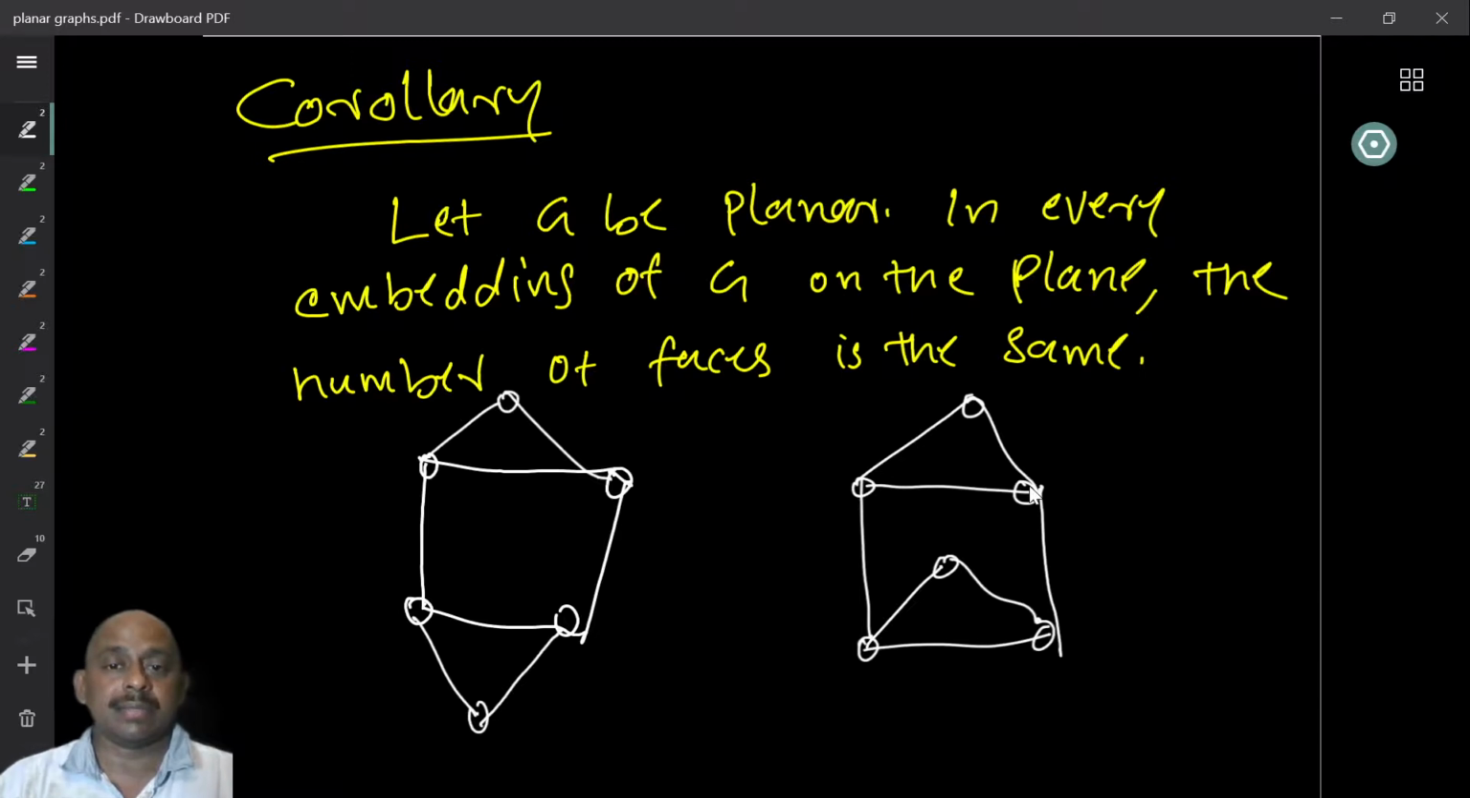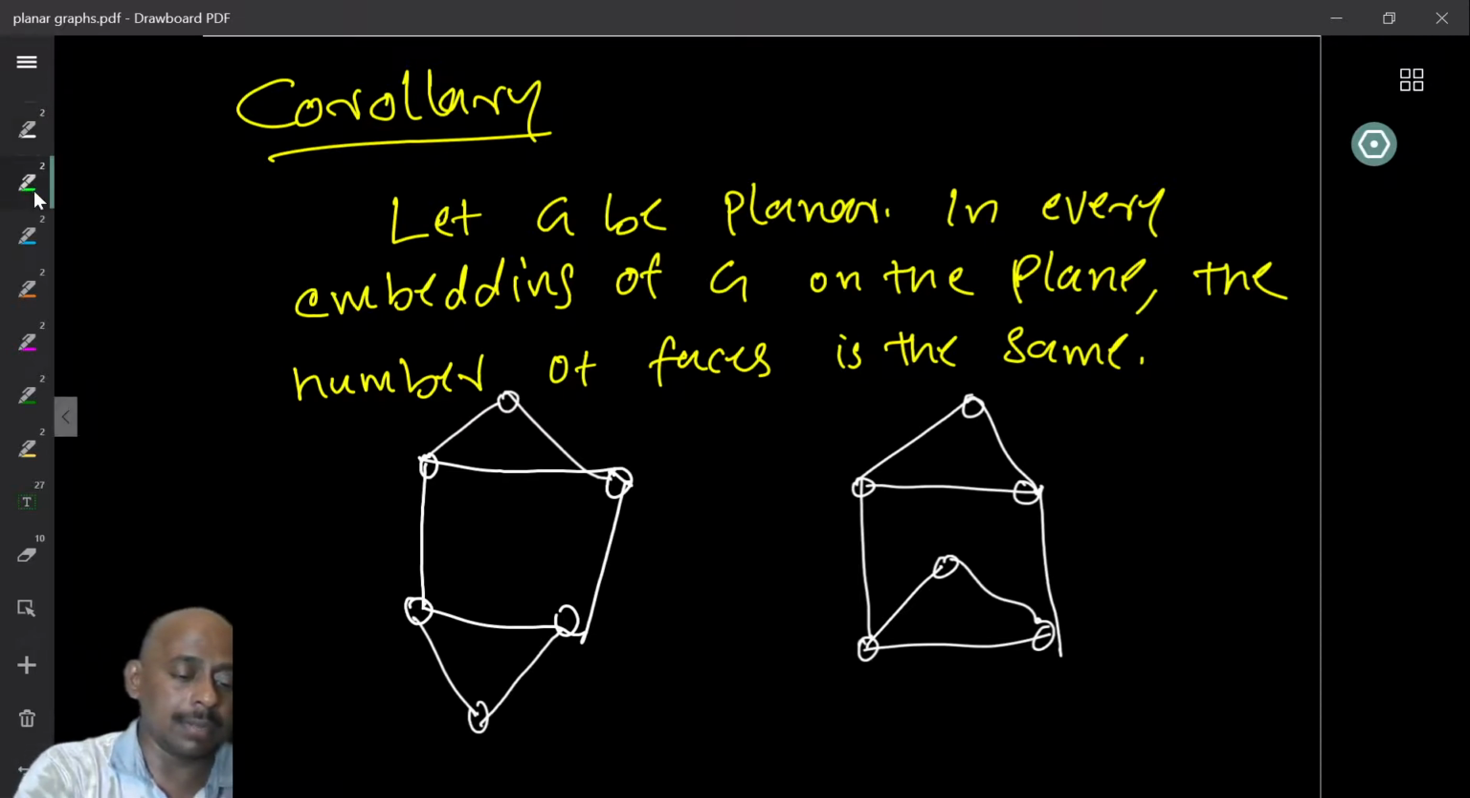Now this is a different embedding of the graph because if you look at the cycles of the face length, the length of the faces in this embedding, you have a 3 cycle here, there is a 3 cycle here, there is a 4 cycle here, and then there is a 6 cycle boundary on the outer face. But on the other hand, in this embedding, you have the faces have length